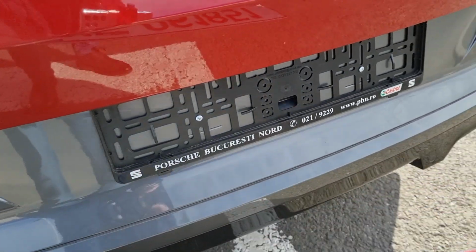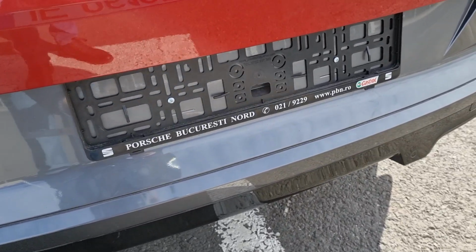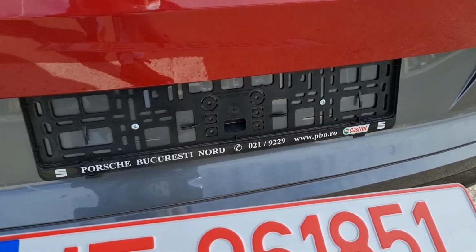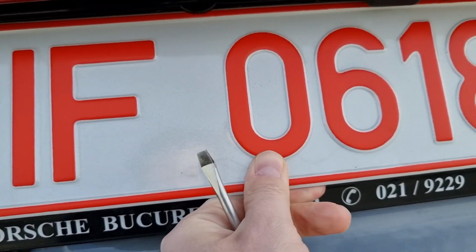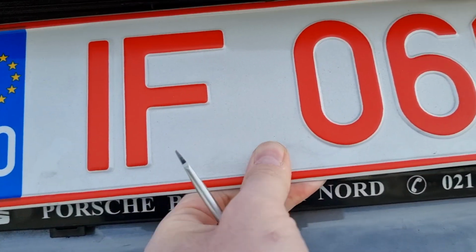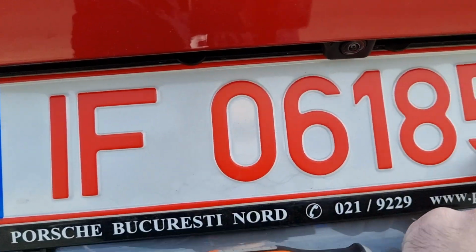Okay, now it's down. You take the new number and you do the same operation but in the opposite direction. So you put the number here, you make sure that it stays in place. It's quite difficult with one hand because I'm filming with the other. Okay, it's in place. You push it